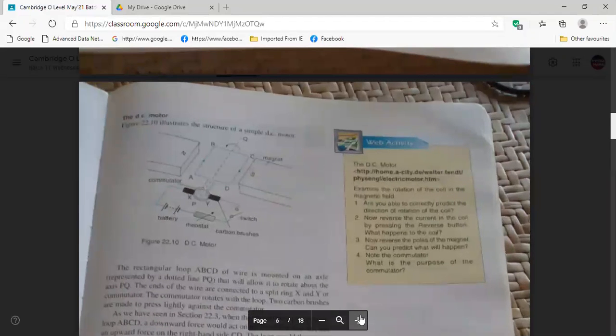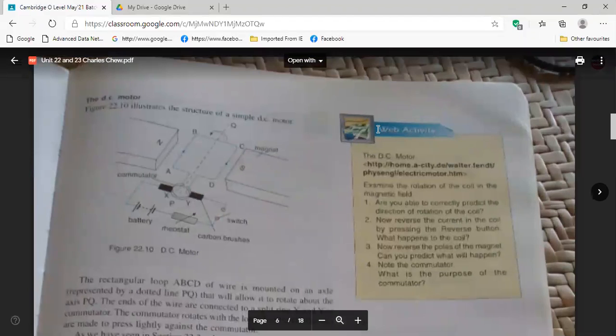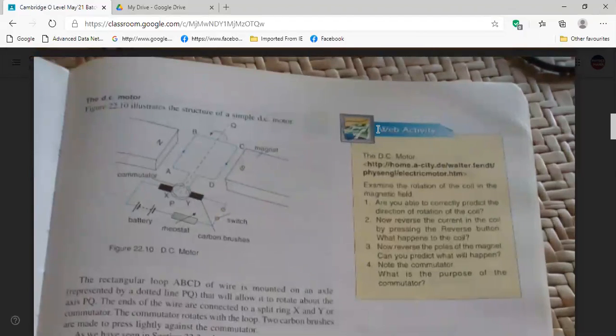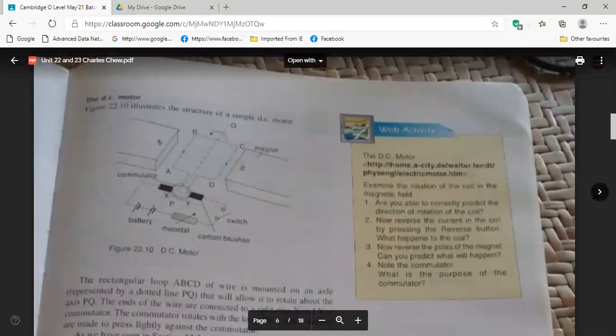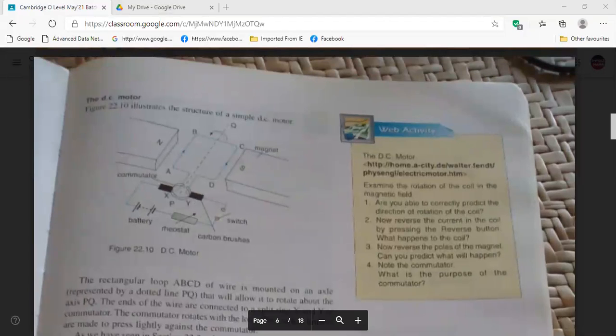Look, so you write the heading: Action of DC motor. Then you draw this diagram. You have here the North Pole and South Pole of the magnet, right? Then you have